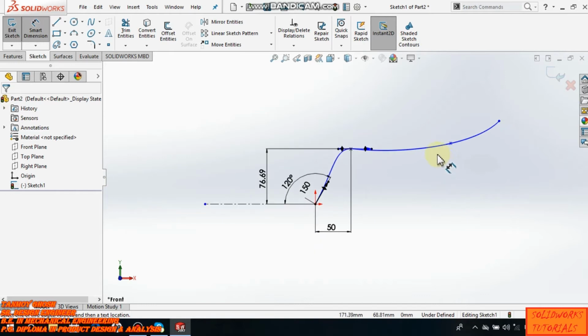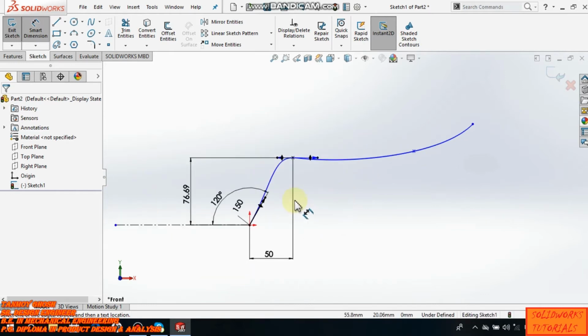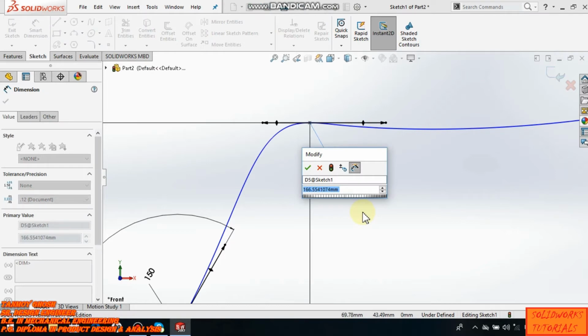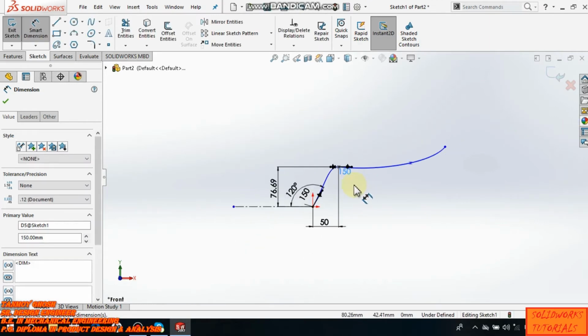You can control this spline with the help of dimensions and constraints also. If you want to give the length of the handle, you can specify the length. Now this handle is also fully defined.